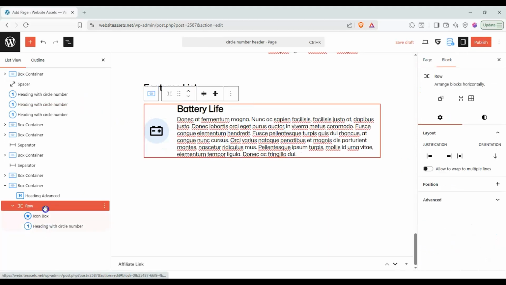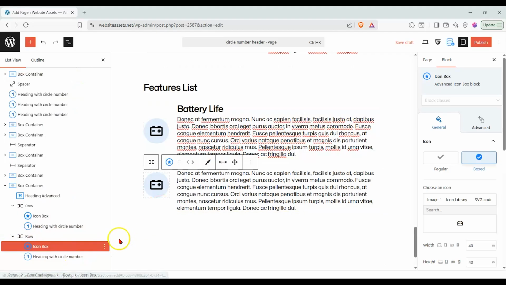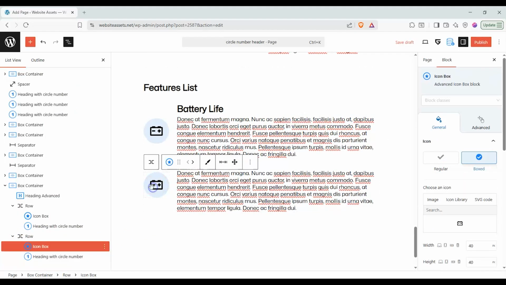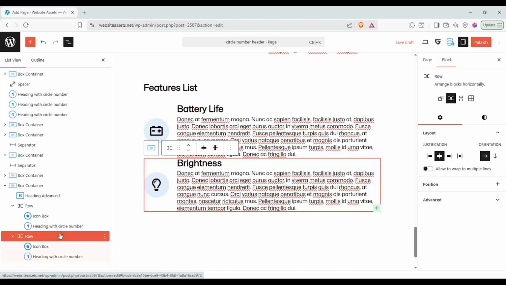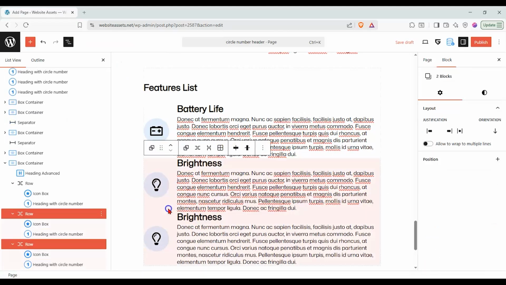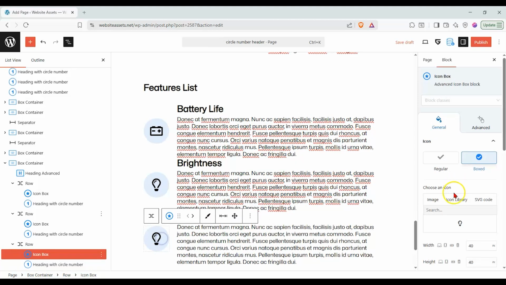And we can go ahead and duplicate this row. And you can see battery life, brightness, and then over here, let's go ahead and choose bulb. And again, we can duplicate this again and then call this something else like Wi-Fi connectivity and Wi-Fi, or